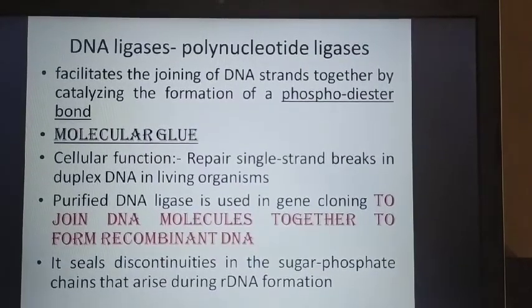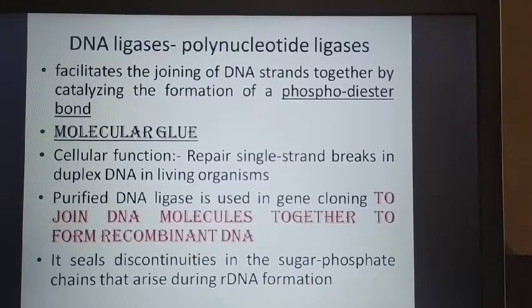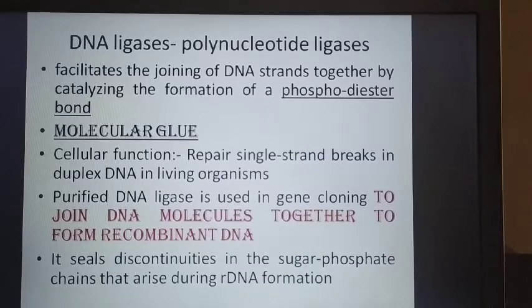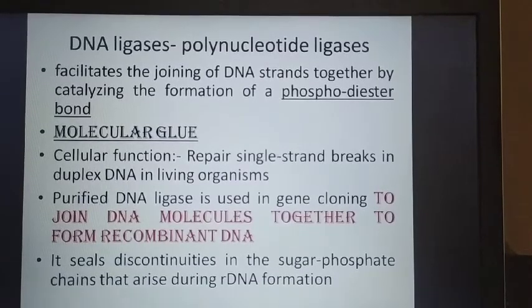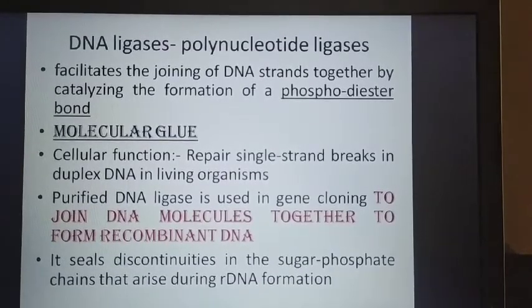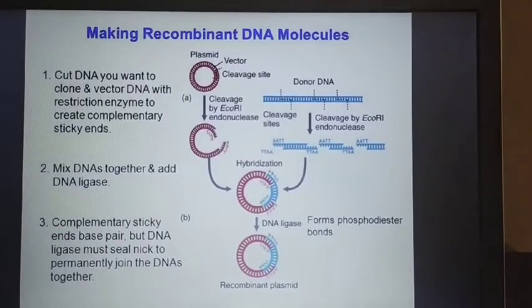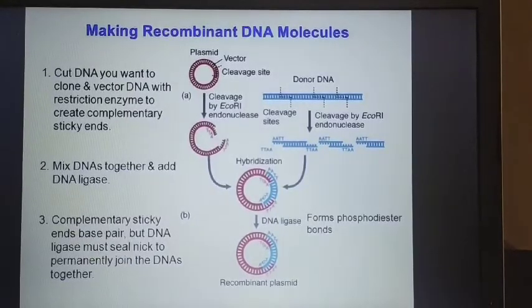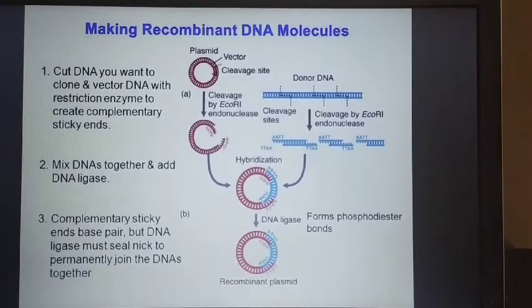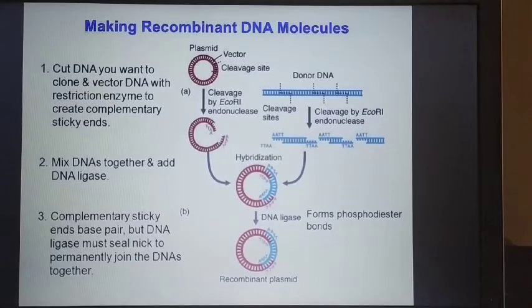So for recombinant DNA technology, we have to get purified DNA ligase, and that is used for joining the foreign DNA molecules and the vector DNA molecules to create the recombinant DNA. So the discontinuities in the sugar phosphate backbone will be sealed by DNA ligase. As we saw in earlier videos of genetic engineering, first of all we have to cut the foreign DNA with a particular restriction enzyme. The vector is also to be cut with the same restriction enzyme so that in both of them the same